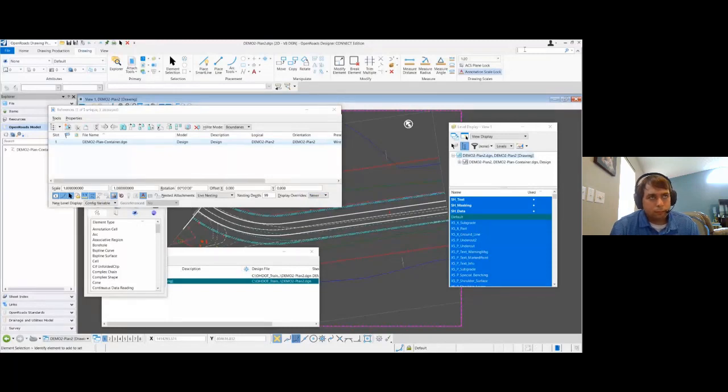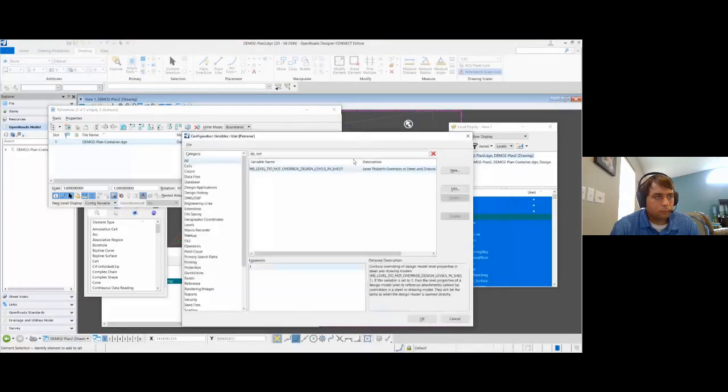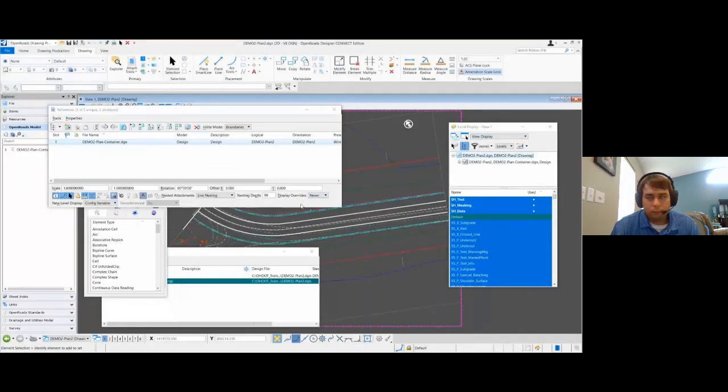That is solely because of display overrides equal to never. It does not have anything to do with the do not override level, which we'll get into in more detail here. So this can be on or off, and this is going to act the same way. Okay.